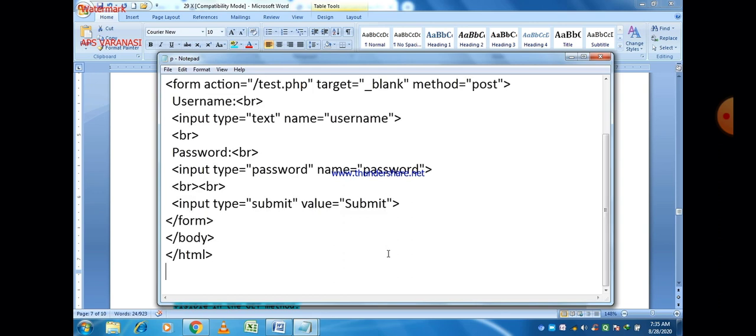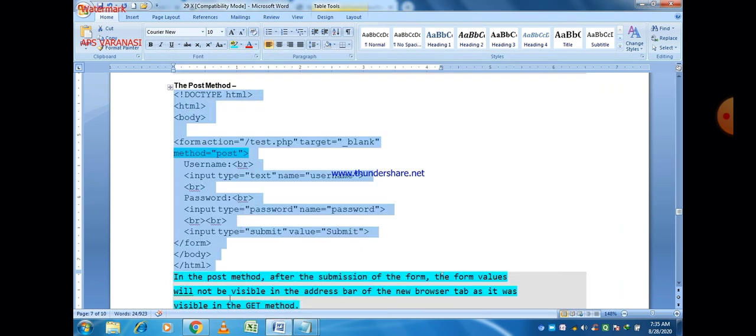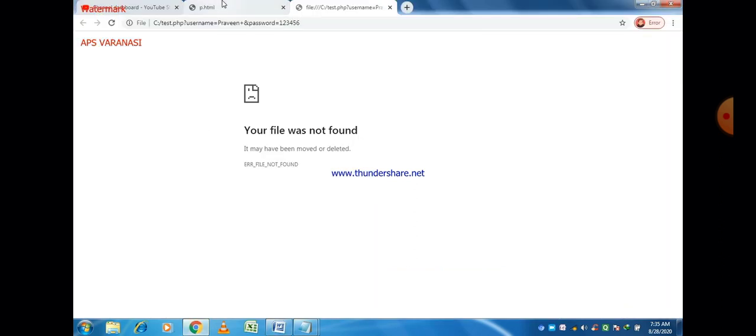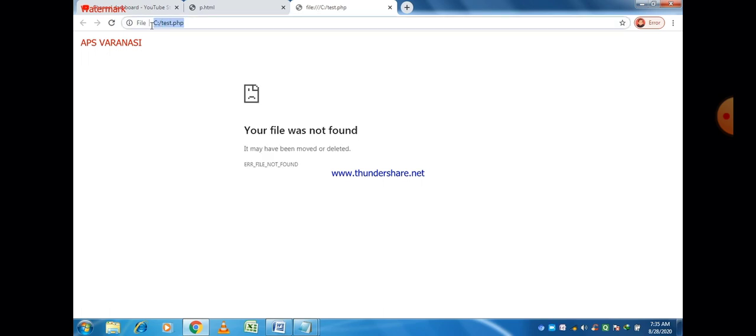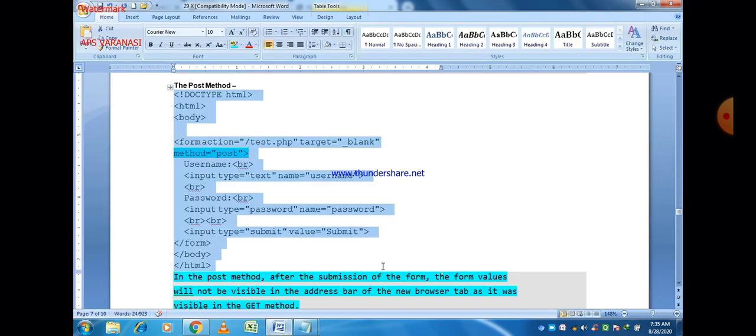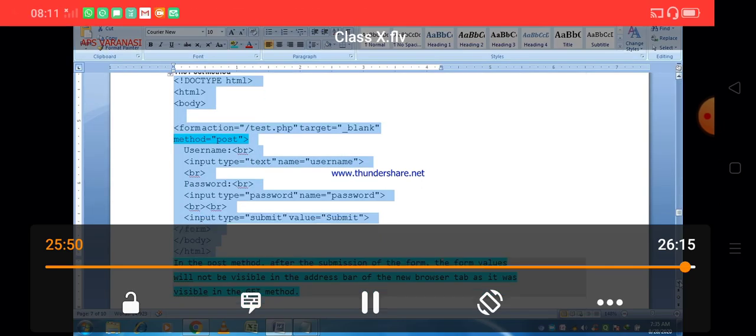In the previous case we already saw the functioning of get. So just type the name here and then the password, and then submit. You can easily see that no detail is shown here. So that is the use of get and post.